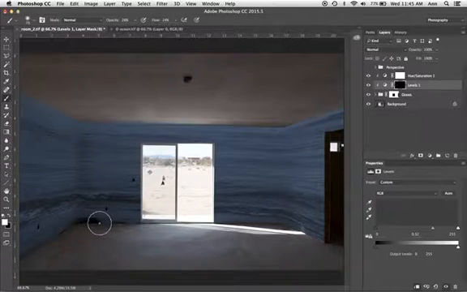Now I'm going to up the amount that the brush is doing, but you'll see that it gives you the ability to kind of paint in, and what you're doing is you're painting in with shadowing to kind of give that room a little bit more dimension. So that's the basic process. There should be full instructions on this as well.